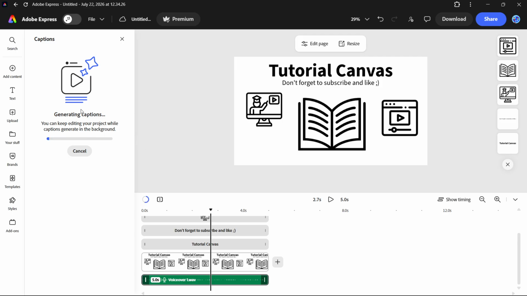background. So I can always just go ahead and do some edits with my design over here. I can keep on doing what I was doing, and it's going to process and generate these captions for me in the back. Now, usually it's quite quick depending on the length of your audio. If my audio was, for example, like 10 or maybe even 20 minutes, this would take a long time to